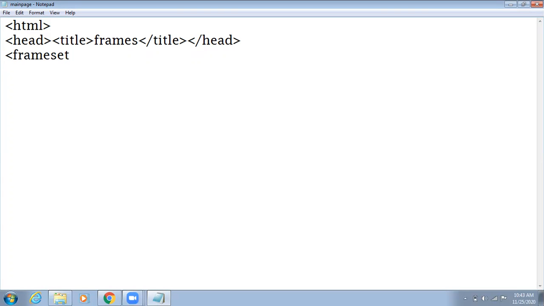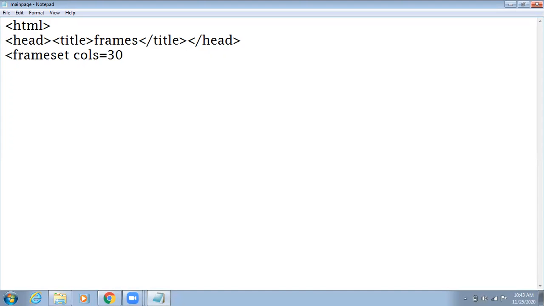Now you have to decide whether you are going to partition your page into columns or into rows. So first I'm doing it in columns. I'll write frameset cols equals to, now you have to assume your page as a 100% page and you have to divide it into two parts.